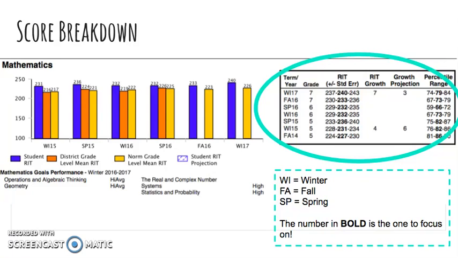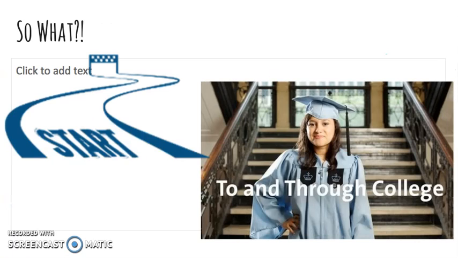So you're probably saying, Miss Dong, so what? Who cares? What matters now is that you're still at the beginning. We're still in our school year. And it's not an end, an ending data report. Instead, it's the start. And even if you say, but I started school like 3 years ago, it's never too late to begin your journey to and through college. Your teachers know that the end goal is to get you to and through college. And the way we can monitor that is to look at your MAP scores.